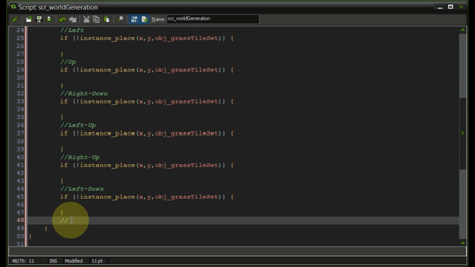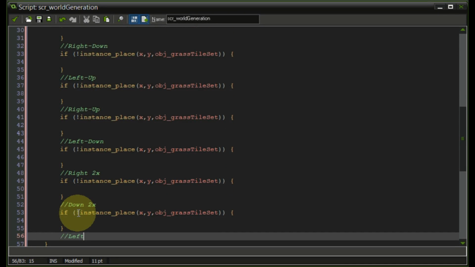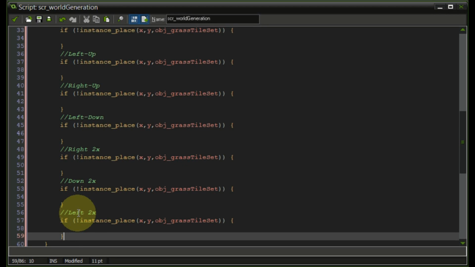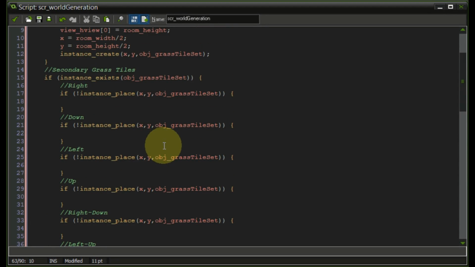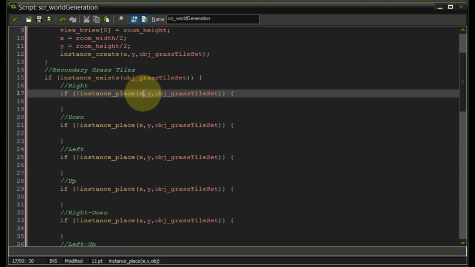Now we have to check for the tiles which are 2 tiles away. So that would be right 2 times, then down 2 times, then left 2 times, and finally up 2 times. Yeah, so these should be all the directions, and now of course we will have to adjust the X and